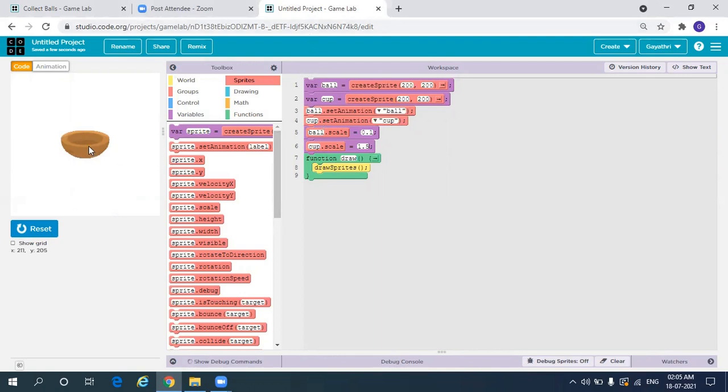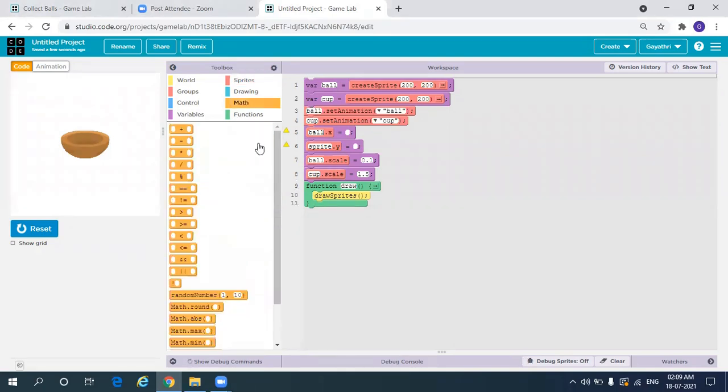We have our sprites ready. We need to place our cup here in the base, and we need to make the ball drop from the ceiling, right? From sprites, select sprite of X, drop it here. Then select sprite of Y, drop it here. For sprite, rename it as ball. So ball X. When you hover here, you can see the X and Y values, right? So X can be any value, but Y should begin with something like 0, right? So for X, I'll keep it a random number.